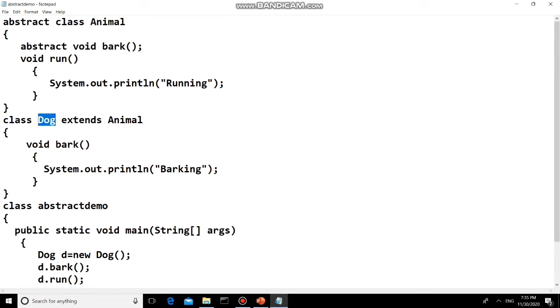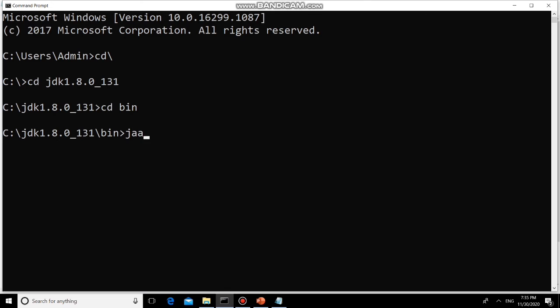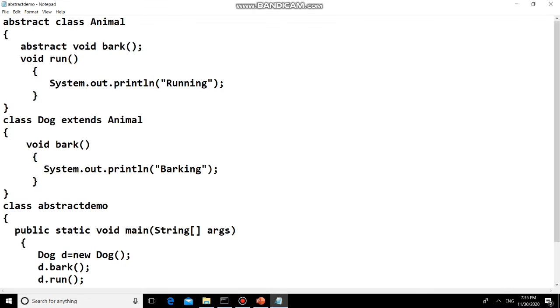You can create the object of Dog and call those methods. Let us see the output first.